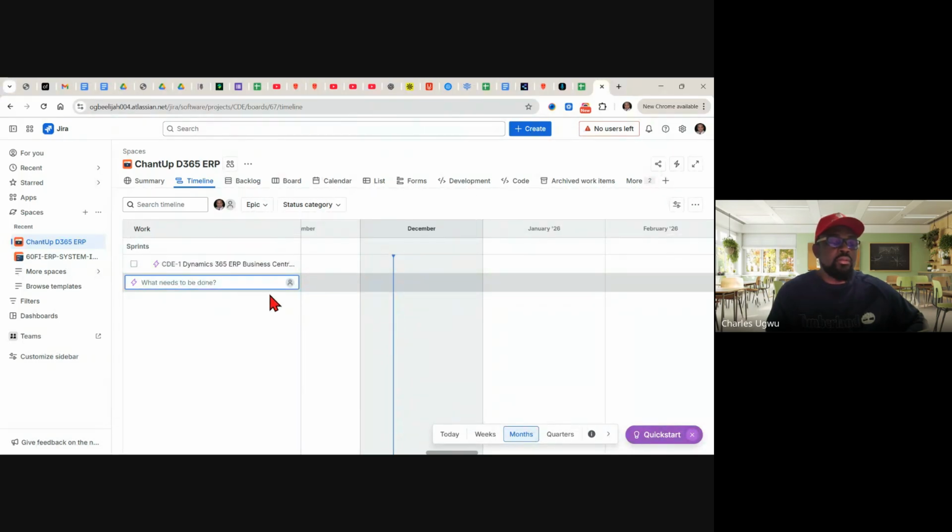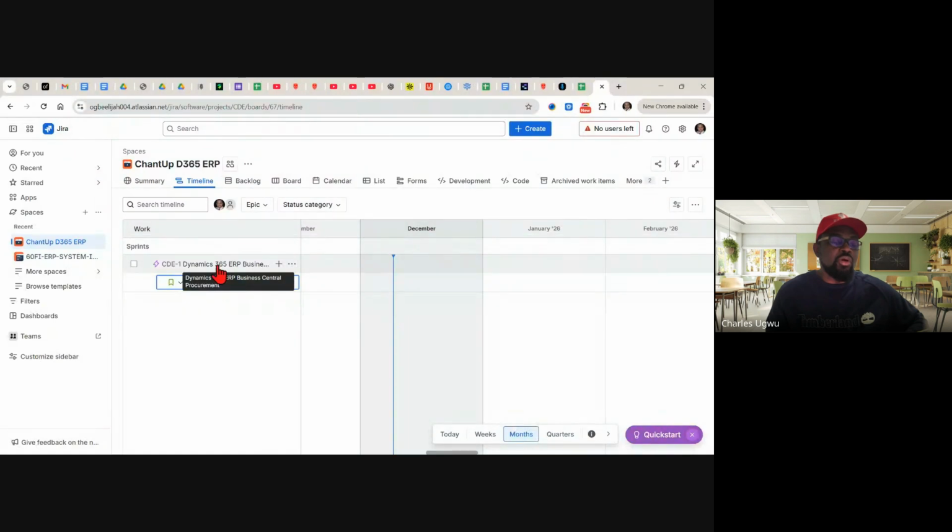And under here, we need to add a work item under procurement. You see here, when you want to add a small work under this big epic, it's going to show you a drop down.